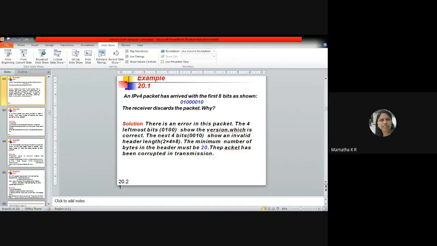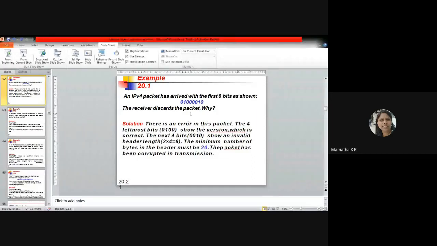What we need to find out is whether the receiver is going to receive it or discard it. How do you find whether it is received or discarded? There is an error in this packet, that's why it is going to be discarded. How will you understand?